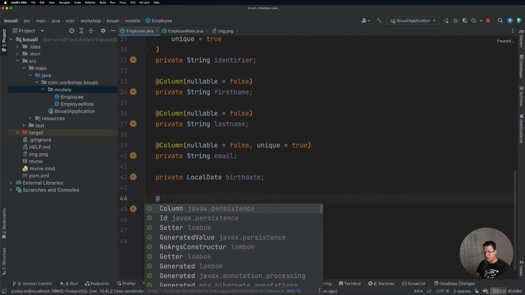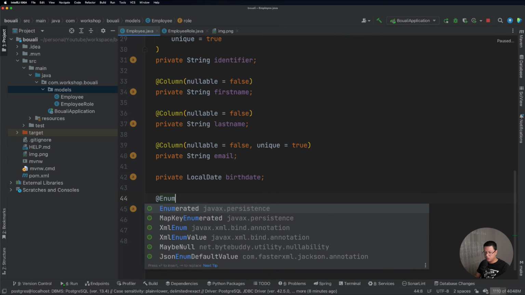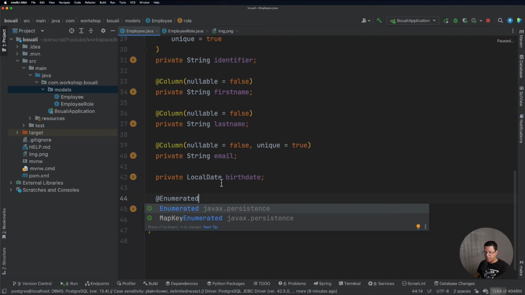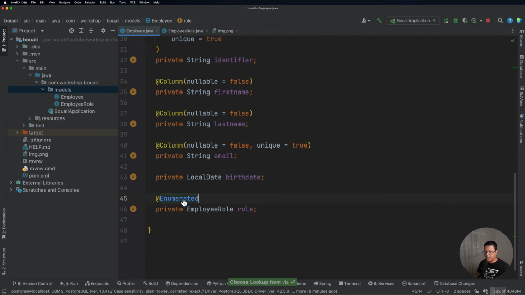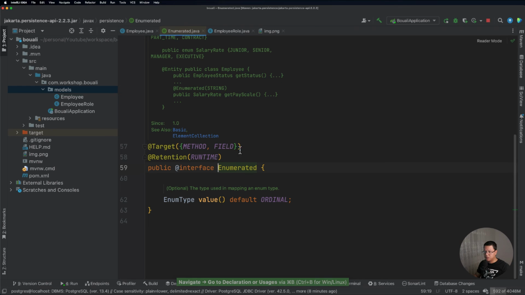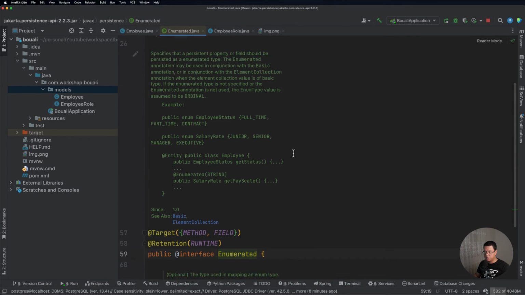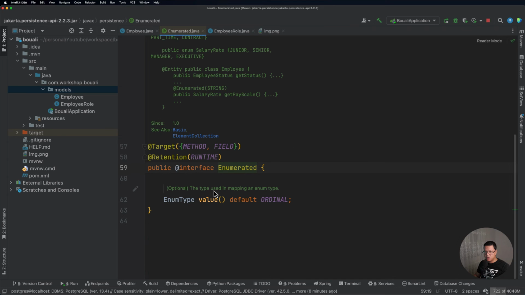We have an annotation called Enumerated, and this Enumerated is coming from the javax persistence as always, so make sure you import the right one. Let's try to see what this Enumerated does. So here we see that we have a value, and this one is optional, of course, and it is the type used in mapping an enum type.